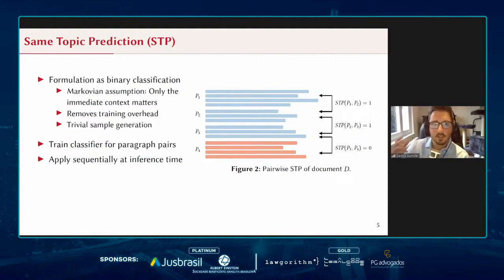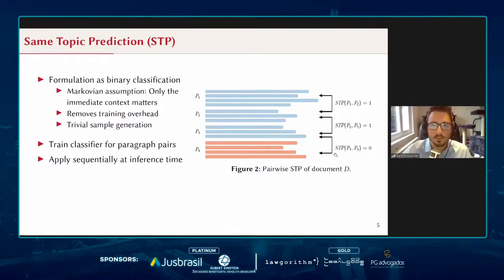So this is our rephrasing of the segmentation as a binary prediction problem called same topic prediction. And essentially, we make some form of Markovian assumption. So instead of relying on the entire context of the document, we just say, okay, we are training a classifier to predict whether 2 adjacent paragraphs belong to the same topic. Given our same sample document shown on the previous slide, what now happens is instead of a single forward pass, we're going to do at inference time 3 different predictions where we ask whether the first 2 paragraphs would be of the same topic, whether the 2nd and 3rd paragraph are the same, and consequently the 3rd and 4th paragraph